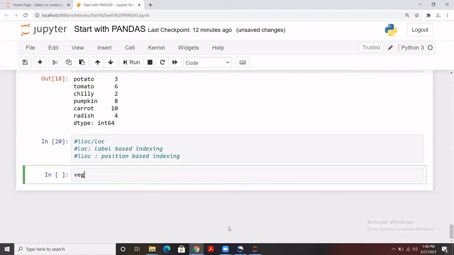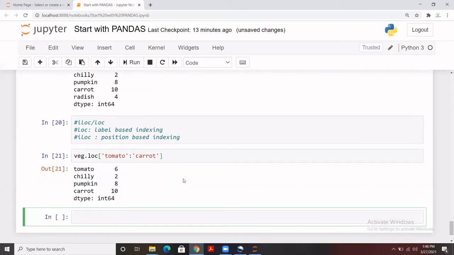This is the series, and for example, I have given loc. So loc is for what? loc is for label. So whenever I am defining something using loc, I have to give the name. Something like this, let's say tomato and till, let's say, carrot. So I'll run it and I'll get the output.